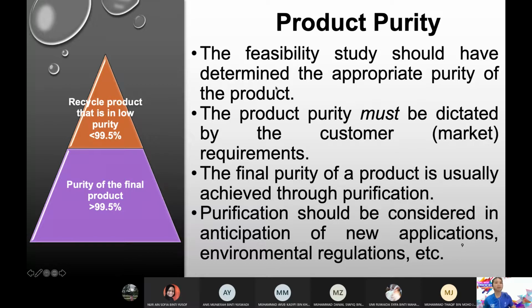So as I told you, purity, kamu dah kena decide purity produk kamu. Okay, of course the decision, kamu tak boleh sebarangan decide, saya nak 90% lah, saya nak 100%, cannot. It must be dictated by the customer requirement. So one way, kalau kamu identify customer kamu, kamu dah boleh cari daripada website dia. Tapi most of the time susah nak cari. Sebab tu saya kata dengan student saya, practical way, cari je kat Alibaba.